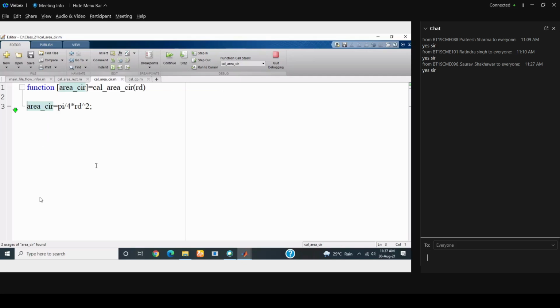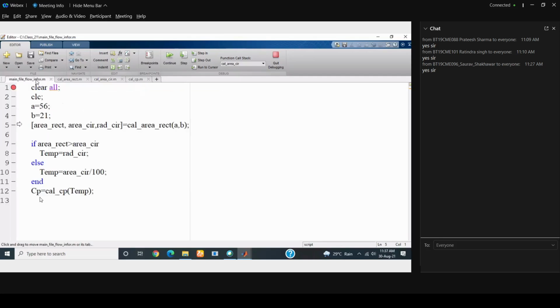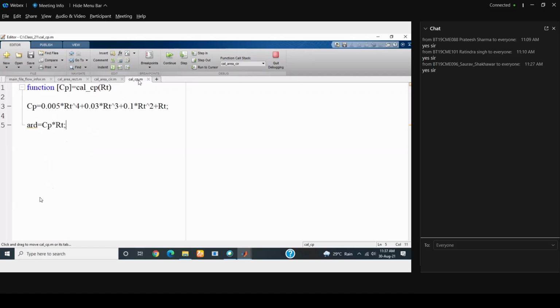Now there are no more functions. So the arrow has changed its direction. It says that everything is complete. Now, if you click on continue, where will it go? It will go here. So it has calculated everything. Let's click on continue